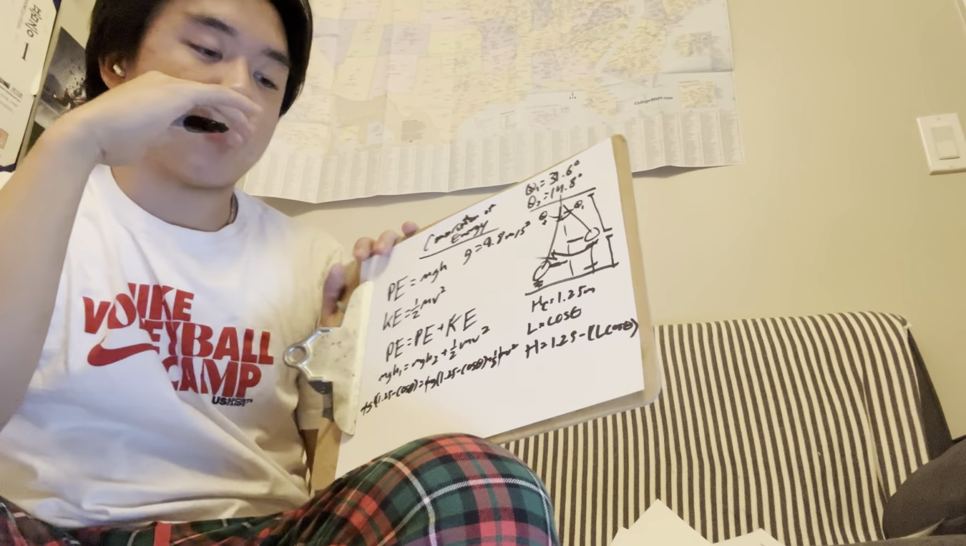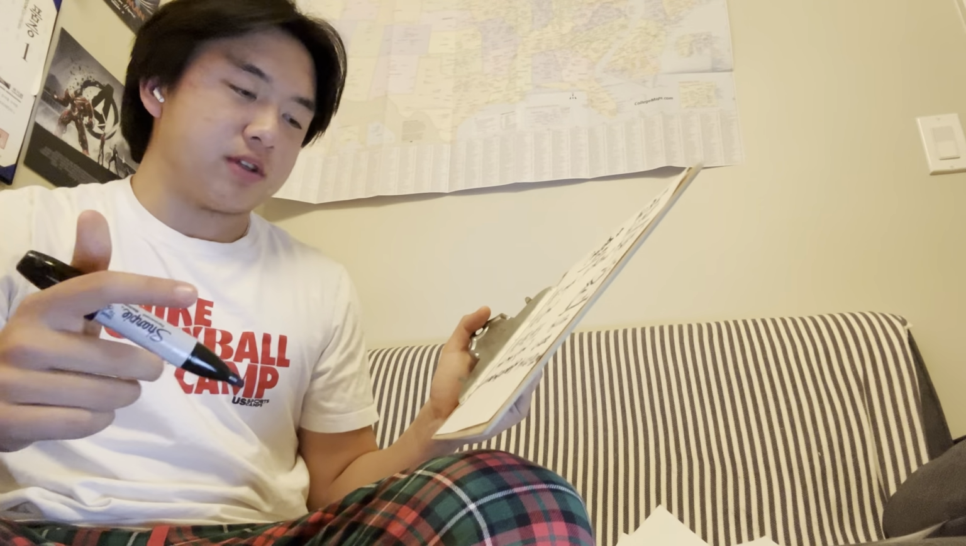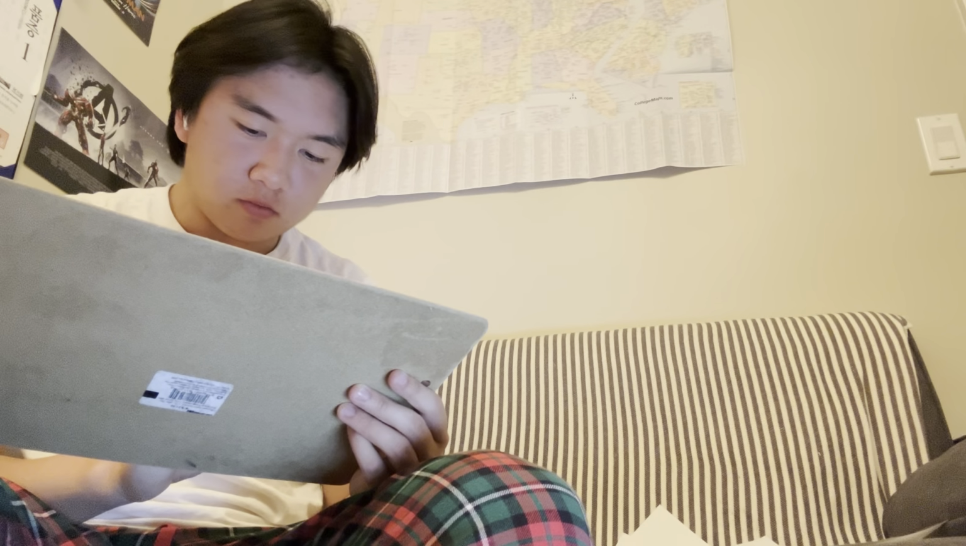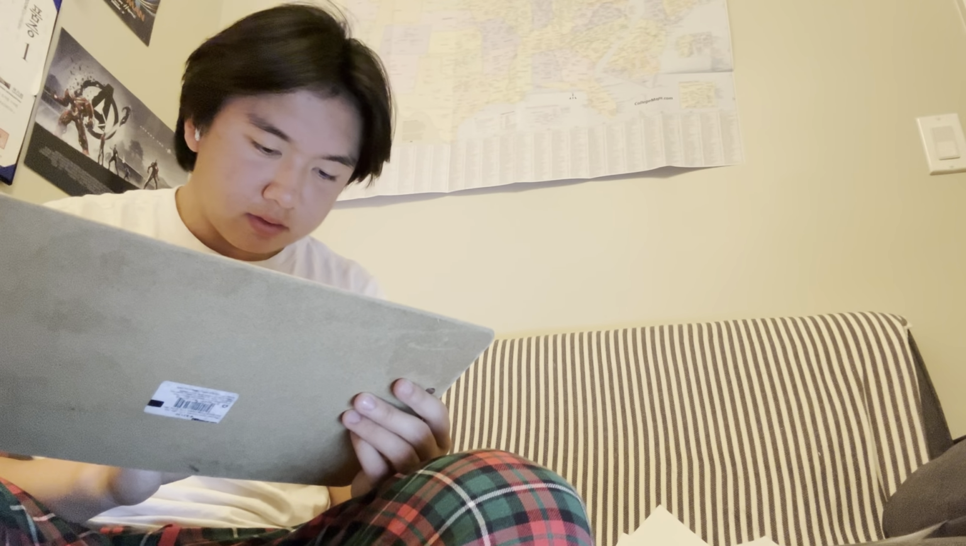Okay, now we can finally solve for our final velocity. To do that, we just need a little bit of algebra. So let's do some rearranging here. Multiplied by 2. So square root of 2g